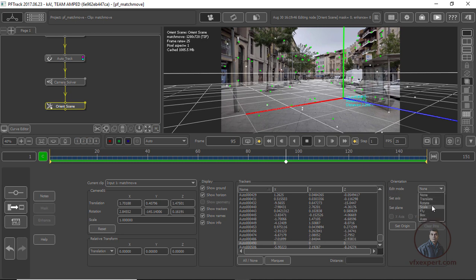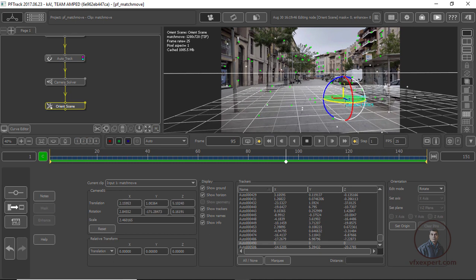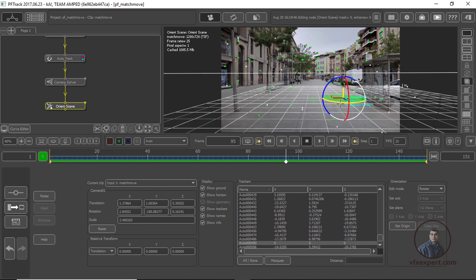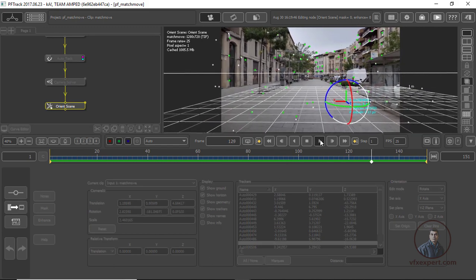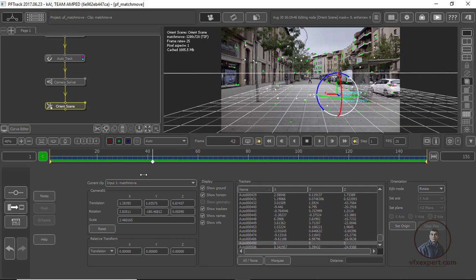Now if you want, you can scale your grid a little bit. Just adjust it a little. Then again click on rotate. Now here you can rotate. I think this is sufficient. Now just play and check. Now you will see this is perfect. The remaining scene orientation you can adjust in Maya if you want to check your solutions.